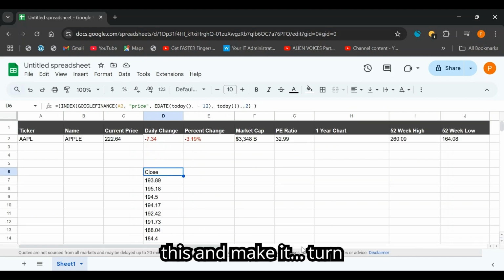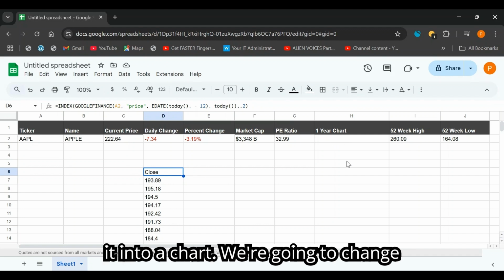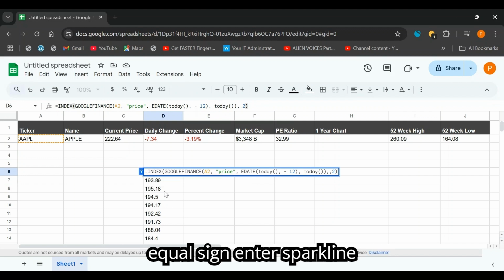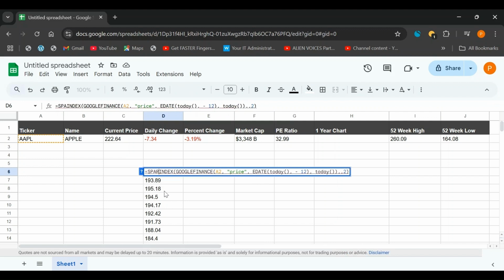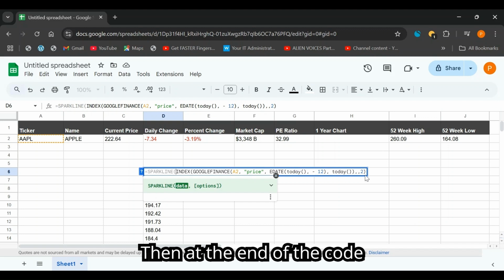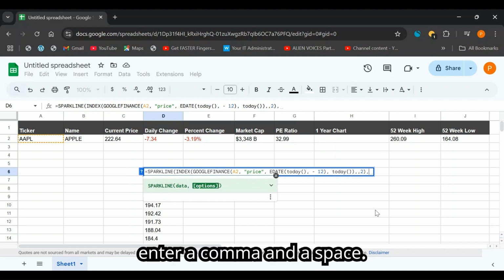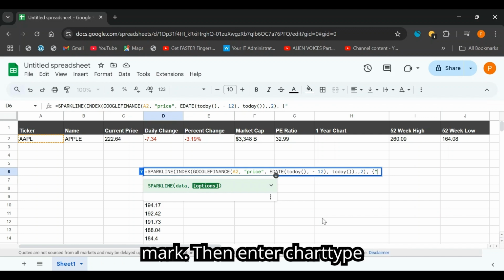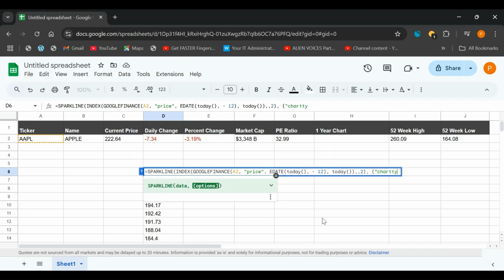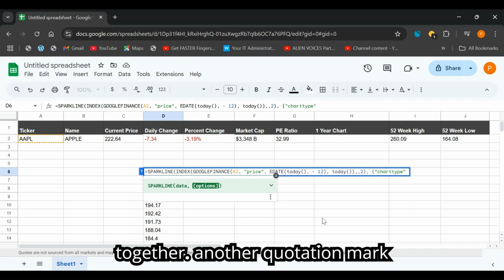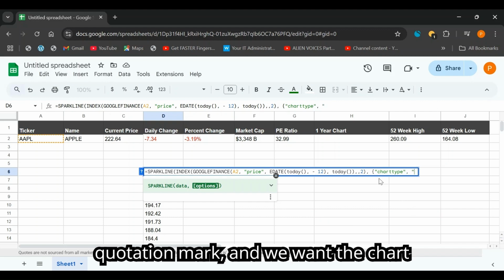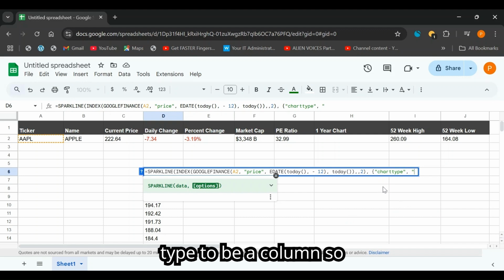Now to change this and turn it into a chart, we're going to change the code a bit once again. After the equal sign, enter sparkline and open brackets. Then at the end of the code, enter a comma and a space. Then enter a curly bracket, a quotation mark, then enter chart type together, another quotation mark, then enter a comma, a space, and a quotation mark. And we want the chart type to be a column, so enter column,